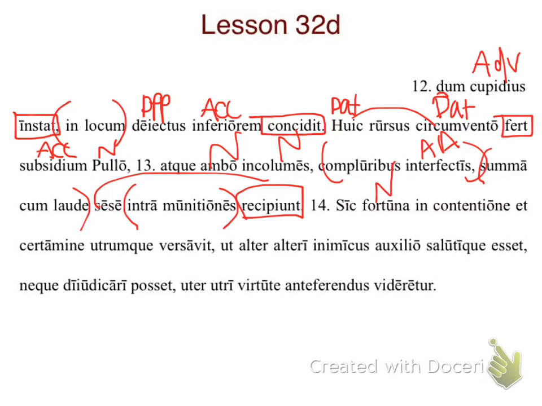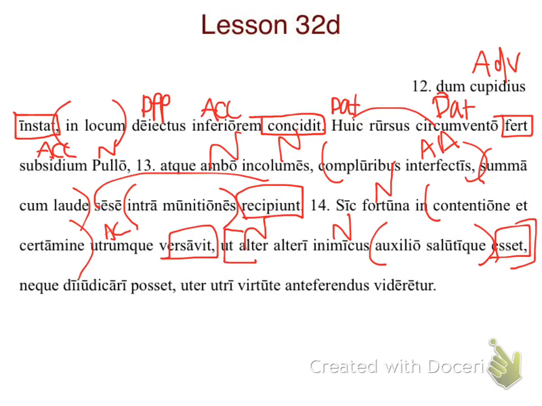Thus, fortune engaged both men in struggle and contest, so that, this is the result clause, so that one rival was a help and safety to the other rival,